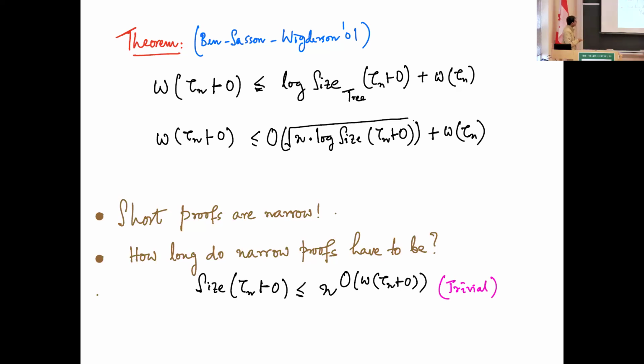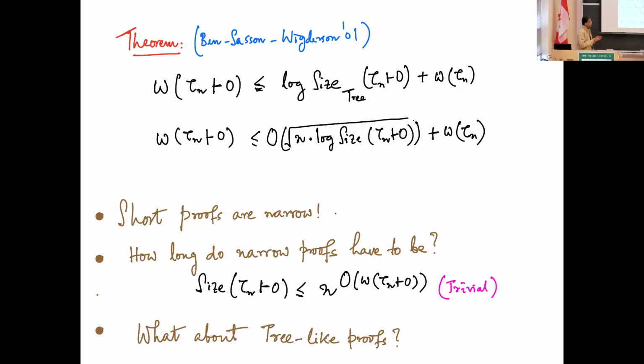In general, there's a very trivial upper bound that you can get, because you just do the brute-force thing. If your width is w, you look at all possible clauses of width w, and there are this many clauses. If you're going to use a DAG-like proof, you can reuse clauses that you have derived, so the size would be trivially upper bounded by this. This is a trivial upper bound.